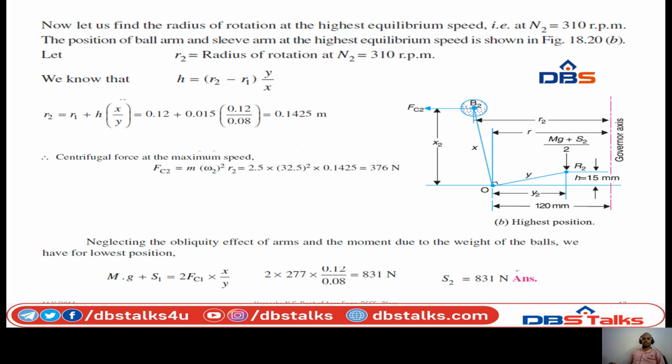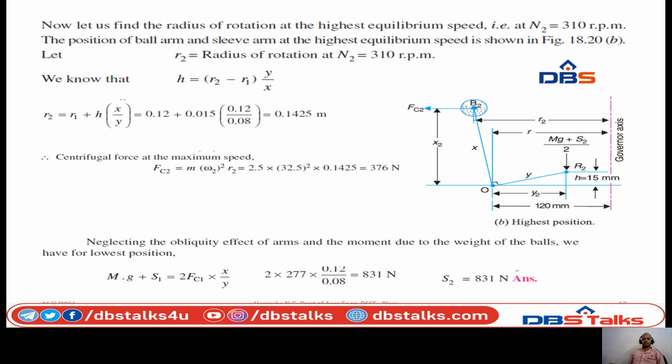The centrifugal force at maximum speed, that is Fc2, is finally m omega square into r2. M is 2.5, omega is 32.5 whole square, and r2 is 0.1425. So finally we get 376.6 Newton. If you see from these diagrams, by neglecting the obliquity effect of arms